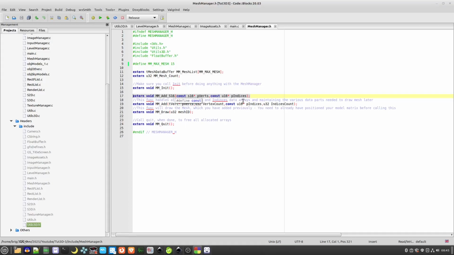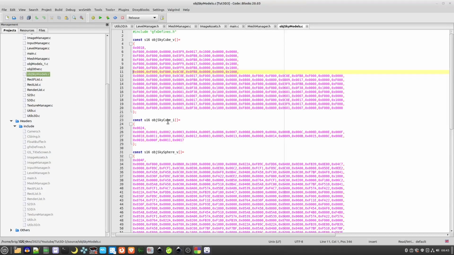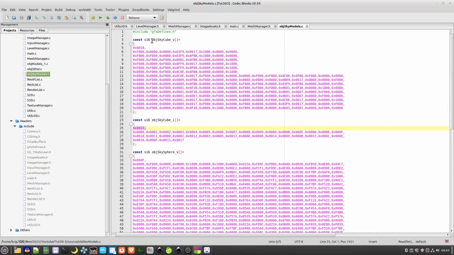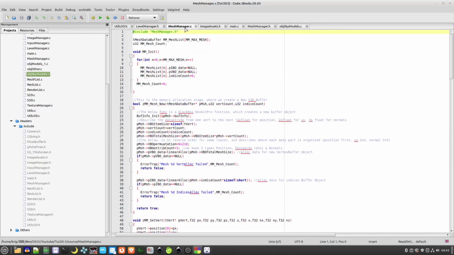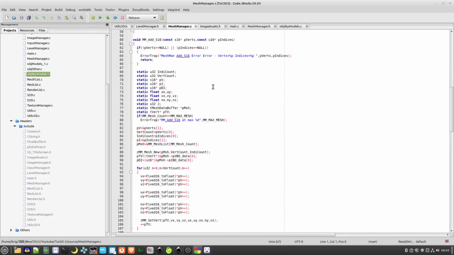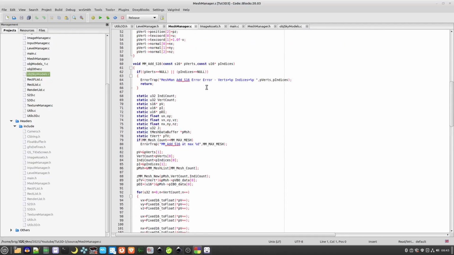So you see here we're still passing the indices in, but we don't need to add the indices count, as this is specified in the various arrays. These are the first values in these arrays here. So what's actually happening behind the scenes here is when you pass in these arrays,